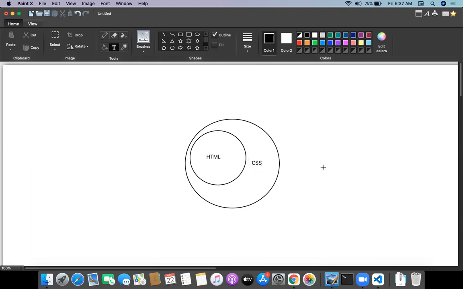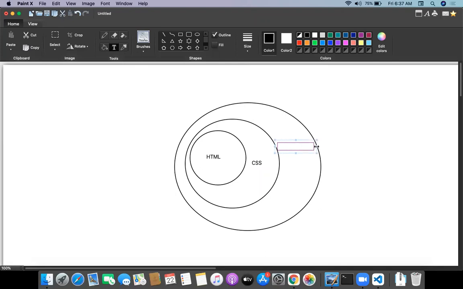CSS having a lot of styles, colors, fonts, font properties, text properties, etc. And on top of the CSS, we will be having the JavaScript. JavaScript is going to be the functional part or interactive part of the web page. People can interact. People can click on the button. People can search in the search box, and people are communicating with the services. All these things are going to be happening with the JavaScript.